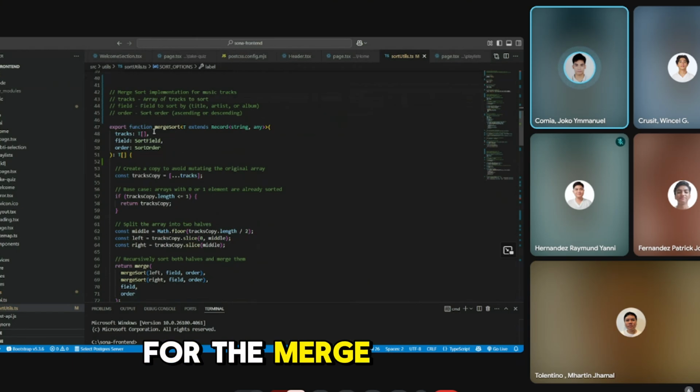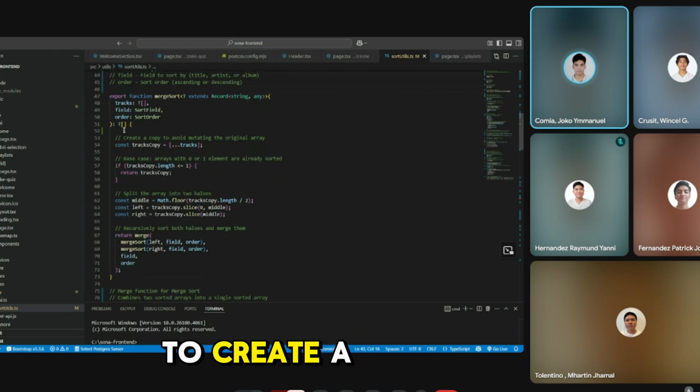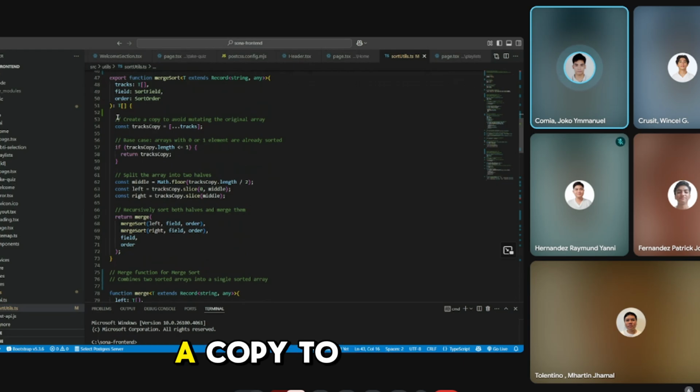So for the merge sort, the parameters are tracks, field, and order. Tracks is the array of tracks to sort. The field is the field to sort by: title, artist, or album, and the order is the sort order, ascending or descending. To create a merge sort, we first created a copy to avoid the mutation of the original array,